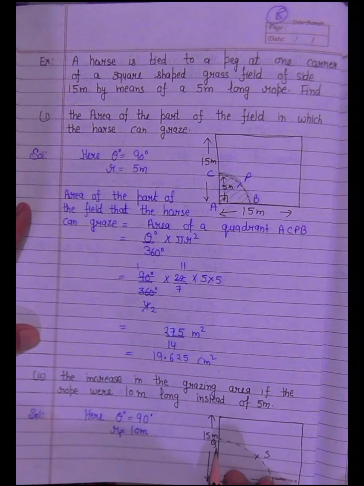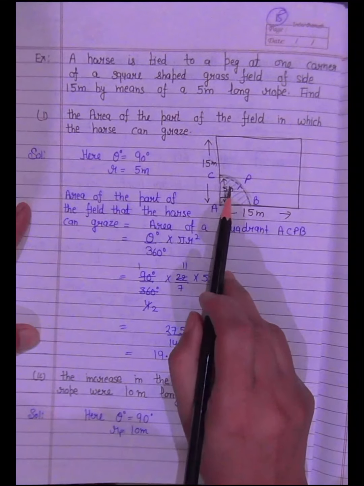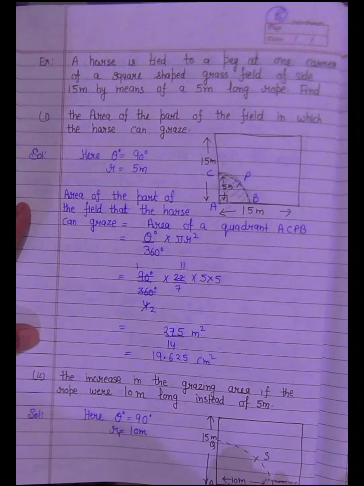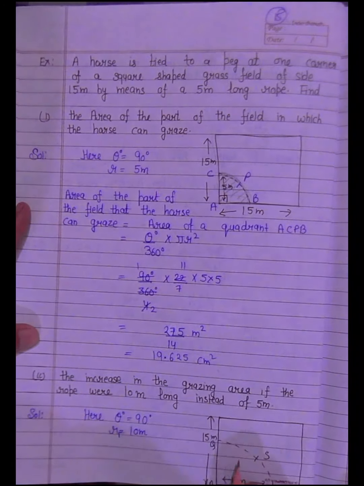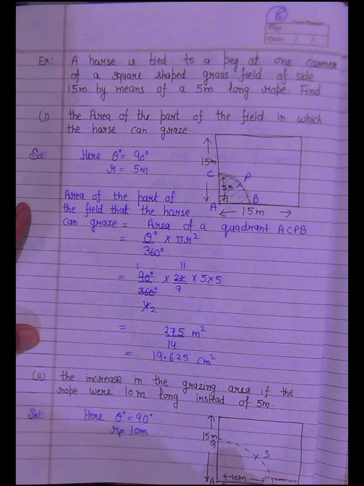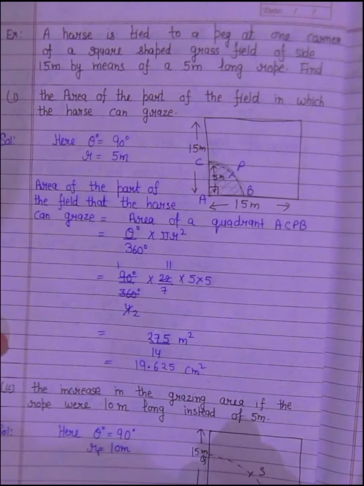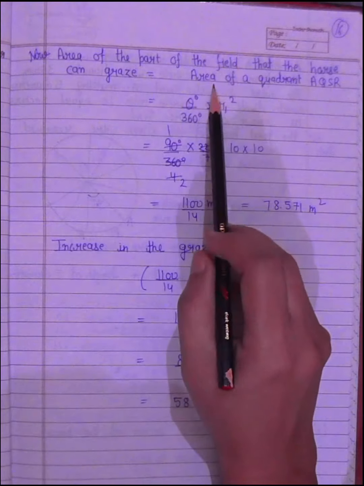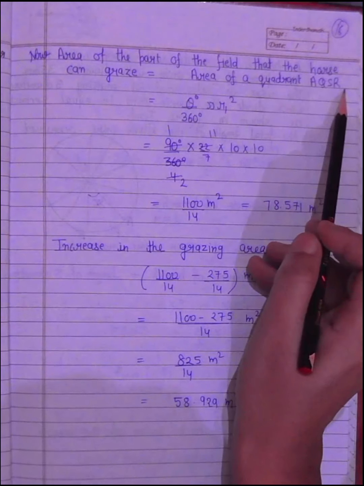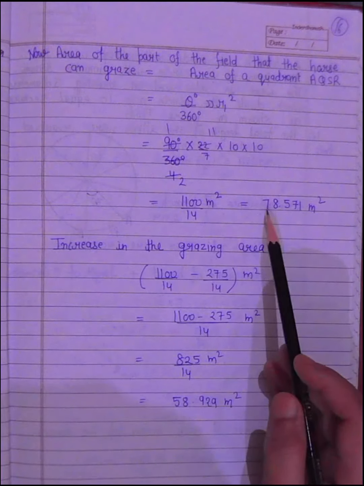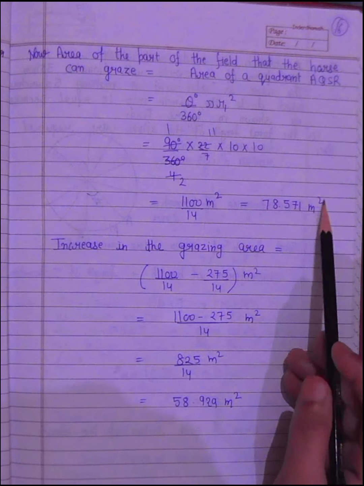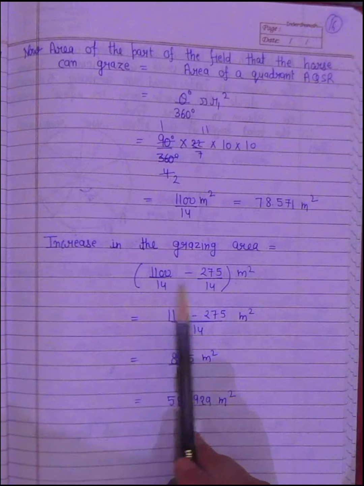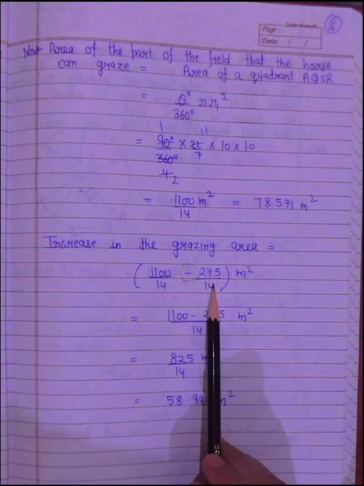Now this time the rope is increased. It is 10 meter now. In the first case, the length of the rope was 5 meter, but here the length of the rope is 10 meter. Means we will solve in the same manner. We will find the area with the radius 10 meter and we will subtract from that area this area. Now the area of the part of the field that the horse can graze is equal to the area of the quadrant AQSR. By putting all the values, it is 78.571 meter square. But we have to find the increase in the grazing area, that we will find by subtracting both areas, and that will become